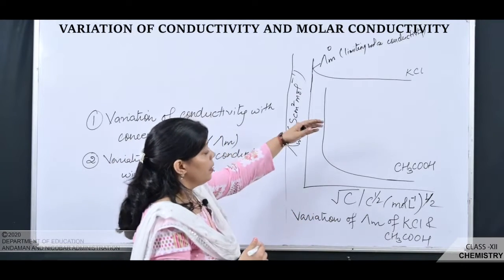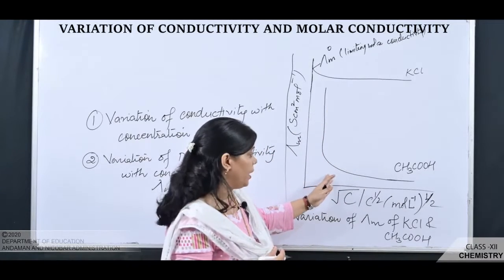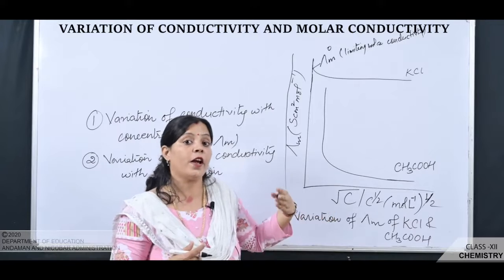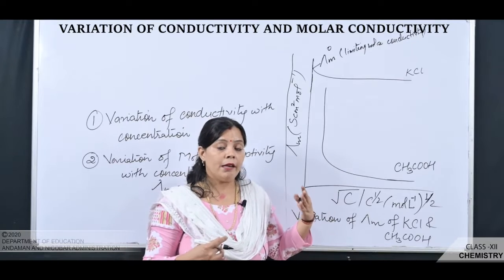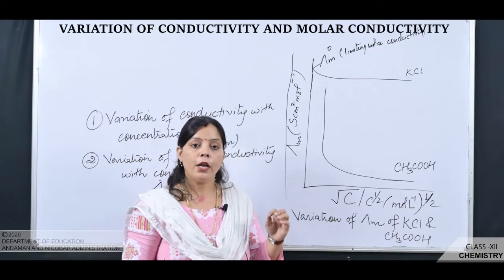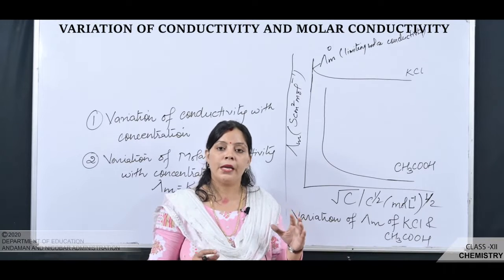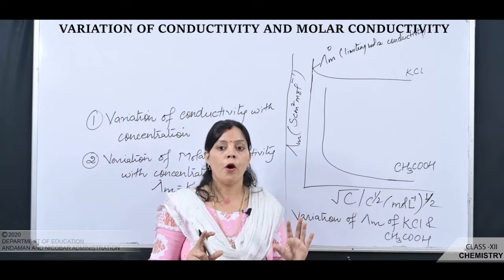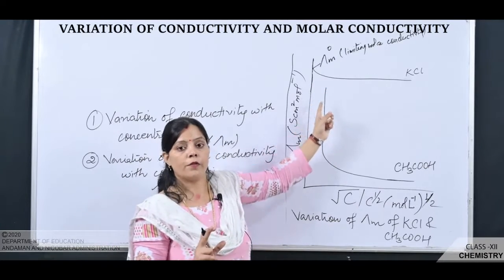It means by diluting the solution, or by decreasing the concentration of the weak electrolyte, it is rapidly converted into the form of ions, that is the degree of ionization increases, and when the degree of ionization increases, this results in an increase in the value of molar conductivity. So when the concentration approaches zero, the degree of ionization approaches unity, that is the electrolyte almost undergoes complete ionization. At zero concentration, all the electrolyte is dissociated into ions, and this causes a steep rise in the value of the molar conductivity of the weak electrolyte.